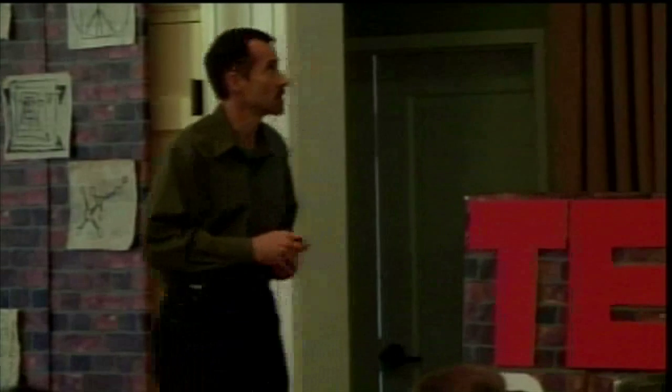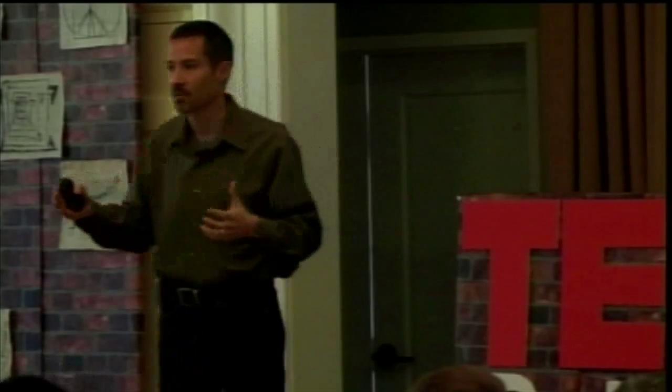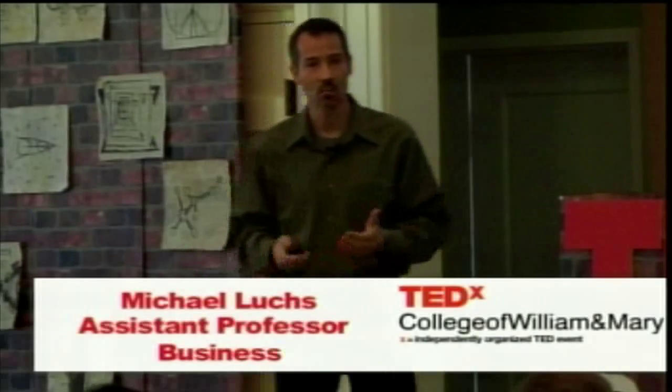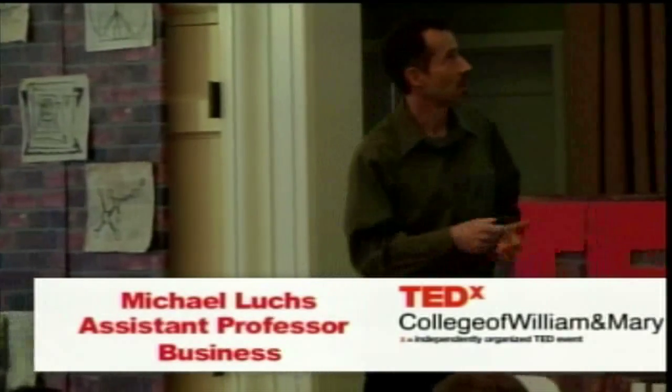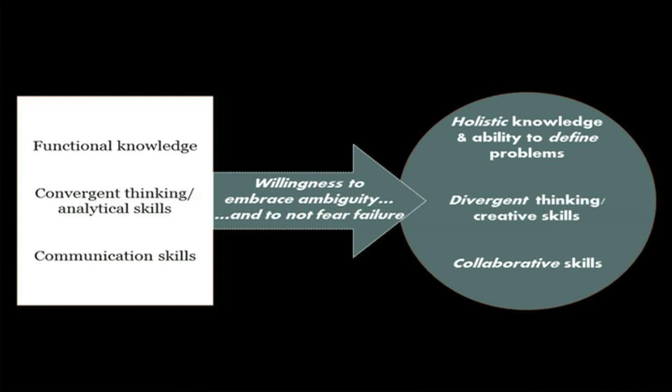The criticism is that we're not doing enough of this. We're not teaching our students at the same time how to put together all these different pieces of functional information and understand the interdependent systems. And you need to be able to do that if you're going to define the right problems to solve in the first place. And once you define those problems, the next step is using your creative thinking skills to identify possible solutions. And really the best solutions are going to come from collaboration.